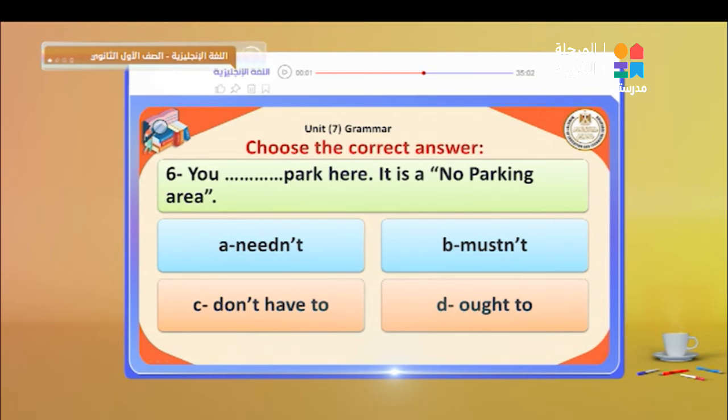So we say you needn't. You needn't means it's optional. You can do it or not. You mustn't, don't have to, ought to. Let me remind you, we use mustn't for something it's forbidden, it's not allowed to do. But we use needn't or don't have to when something is optional. What does it mean optional? Means you can do it or not. So when I say it's a holiday, you needn't get up early, means it's optional. You can get up early or not.